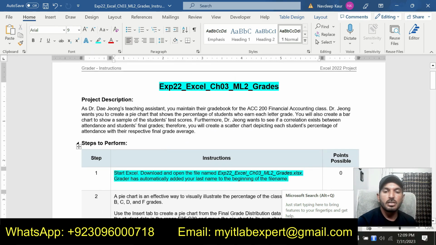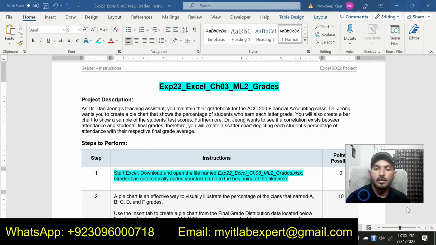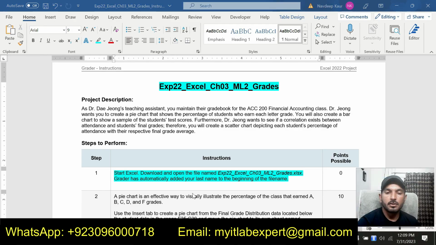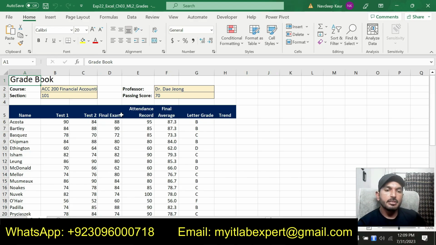So let's move to step number 1 now. Start Excel. Download and open the file named EXP22 Excel chapter 3 mid-level 2 grades. Grader has automatically added your last name to the beginning of the file. So we are supposed to download this Excel worksheet, and this is the Excel workbook where we are supposed to solve this assignment.